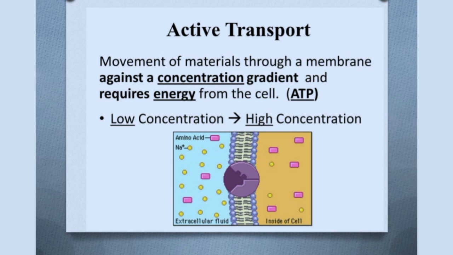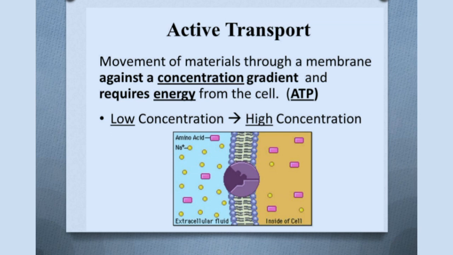Movement of substances from a region of higher concentration to a region of lower concentration is said to be along the concentration gradient, and the process does not require any energy consumption. However, sometimes substances need to move across the membranes against the concentration gradient, which requires energy. Such type of transport is referred to as active transport.